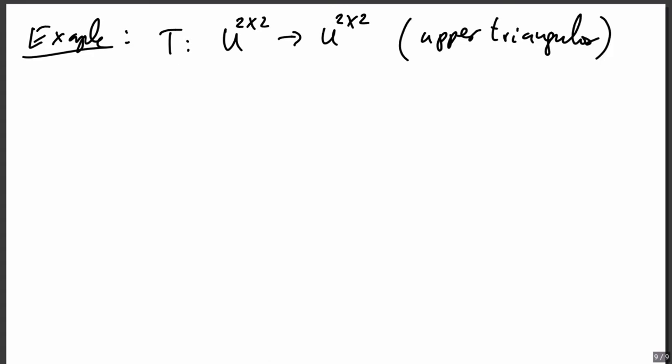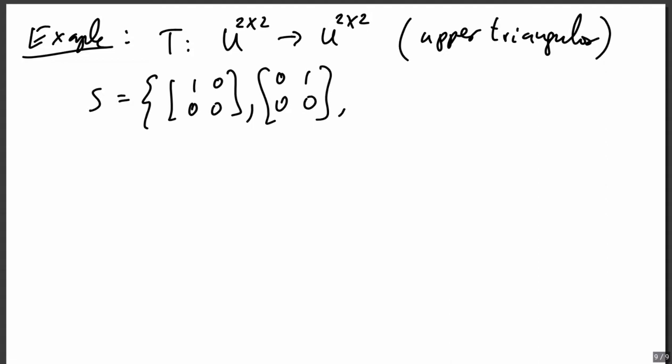We will have T mapping from upper triangular 2 by 2 matrices to upper triangular 2 by 2 matrices. So the standard basis we are using is [1 0; 0 0], [0 1; 0 0],